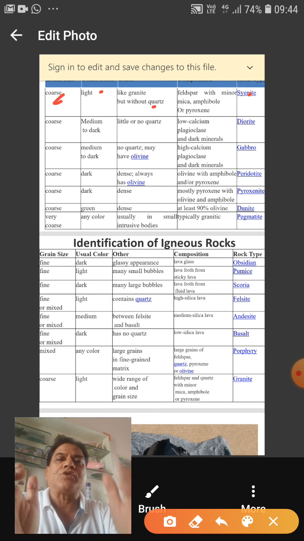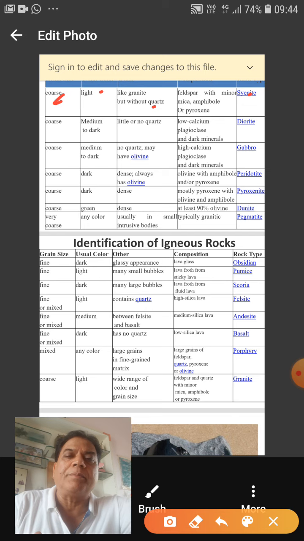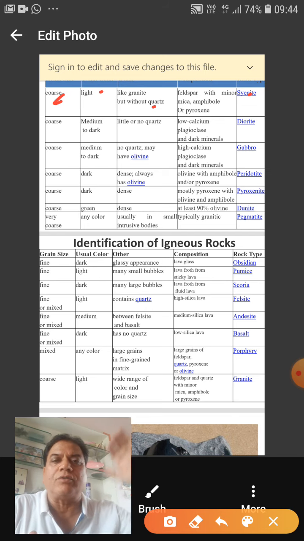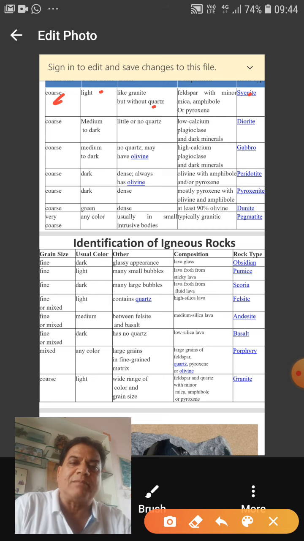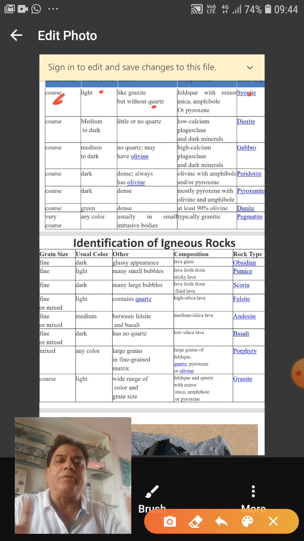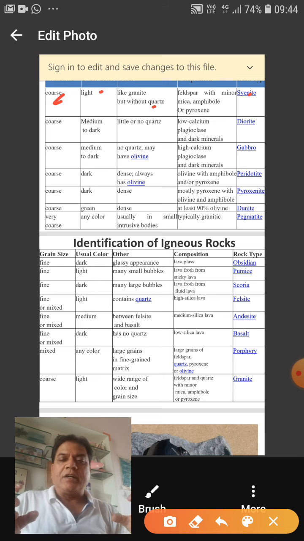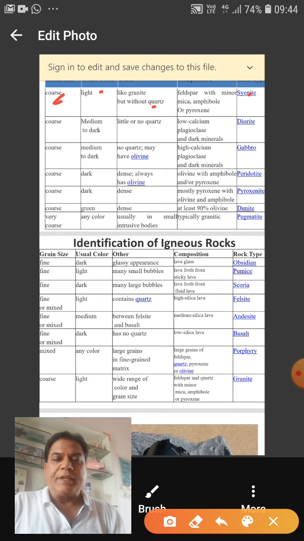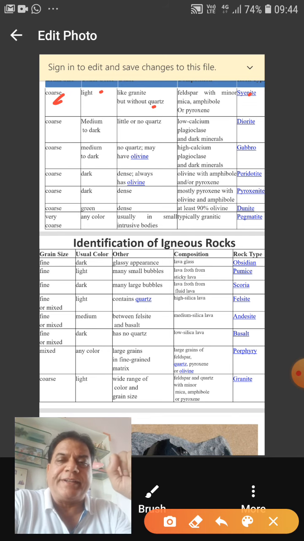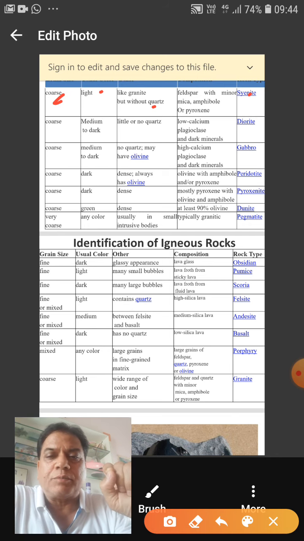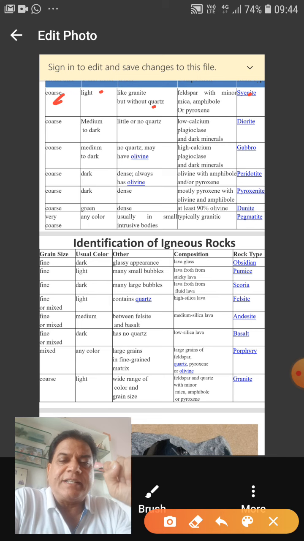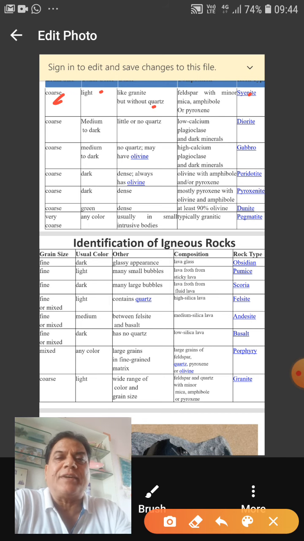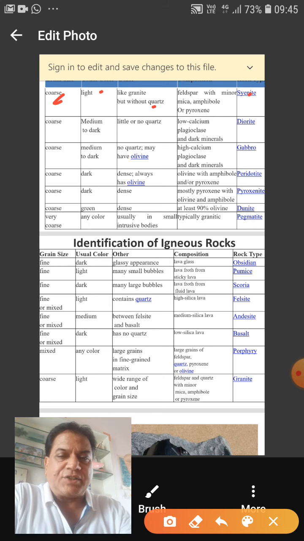Because once you identify a certain texture, the rocks which do not have such textures cannot be the names of the rocks, so we should not think of those. Similarly by the mineral composition also. So we can reach kindred, very nearby names, or a group of rocks. In this table you can make out that we have given coarse grain and fine grain and the mineral composition, right? You can just read this table and yourself understand the names of the different igneous rocks and how to write their description in your exams or in your practical files.